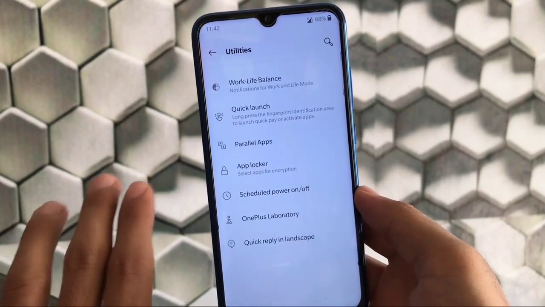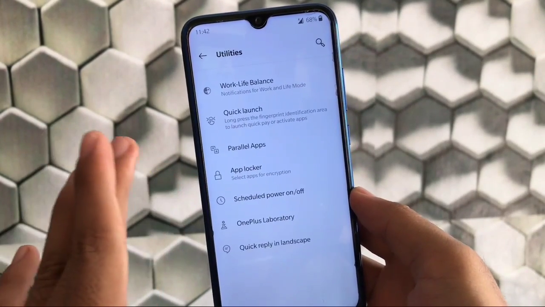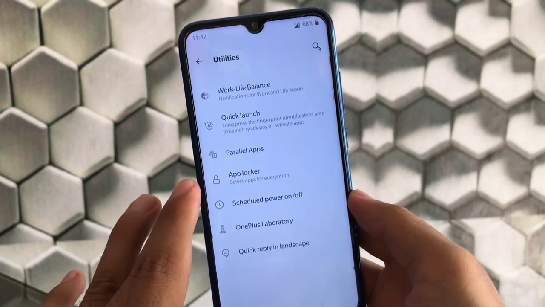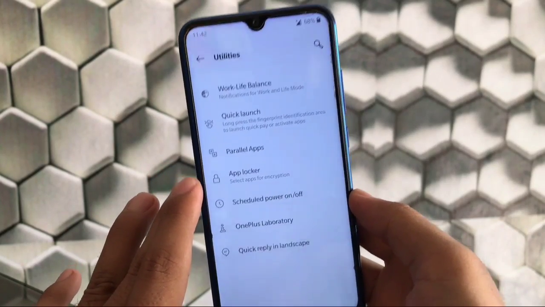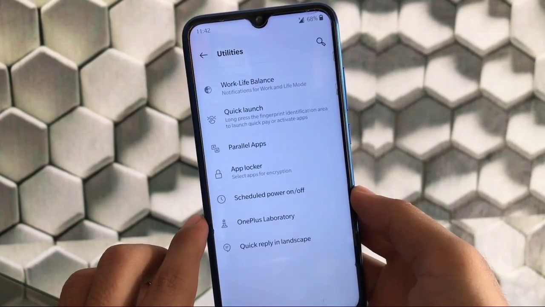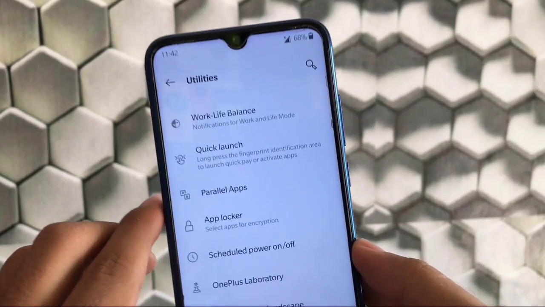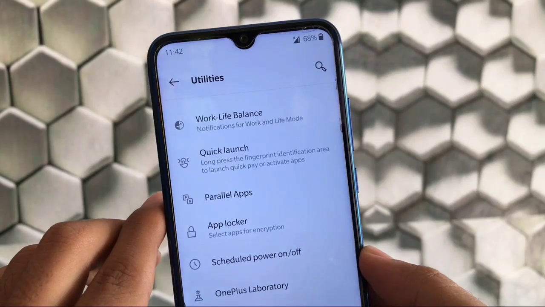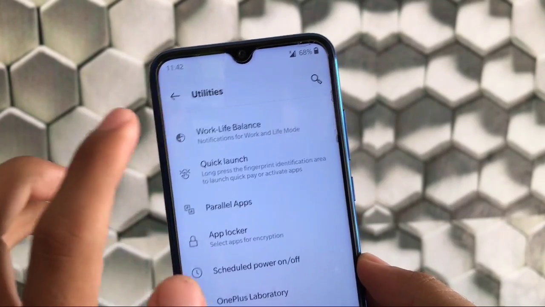If you go to the utility tab, here you have the parallel apps option. App locker is a very good thing in OnePlus Oxygen OS builds. We have the quick reply in landscape. You also get the OnePlus laboratory, and here we have the work life balance things, notifications for work and life mode.